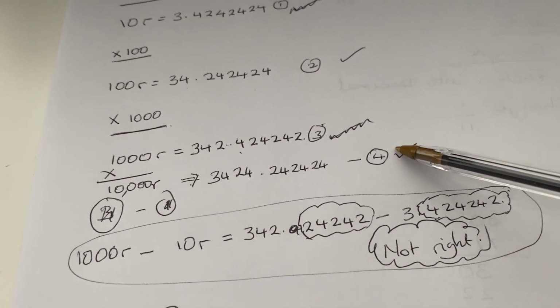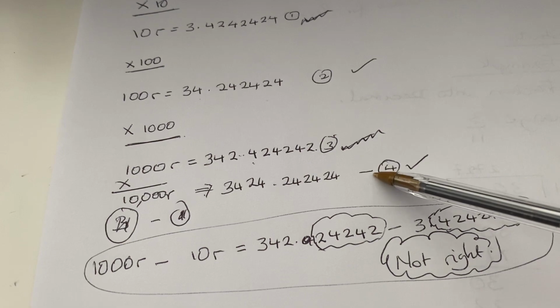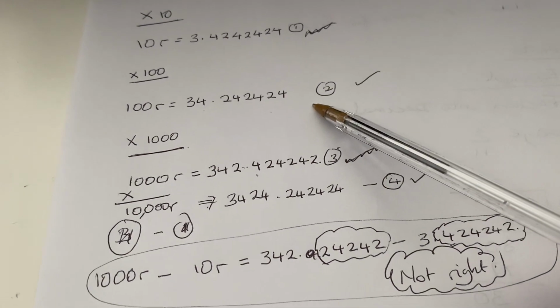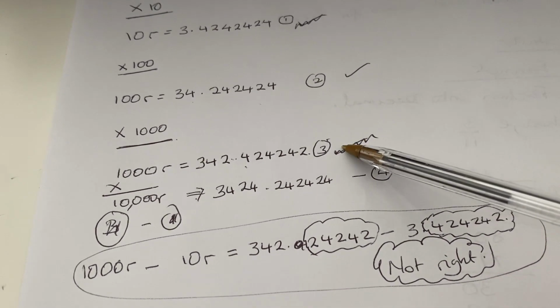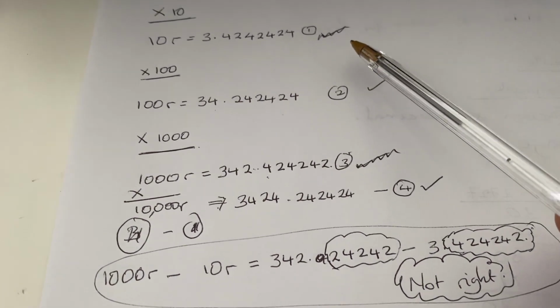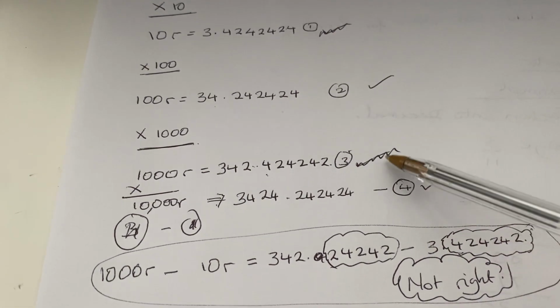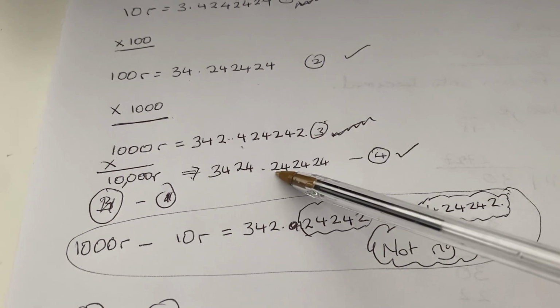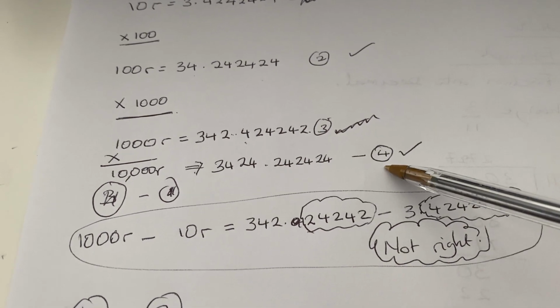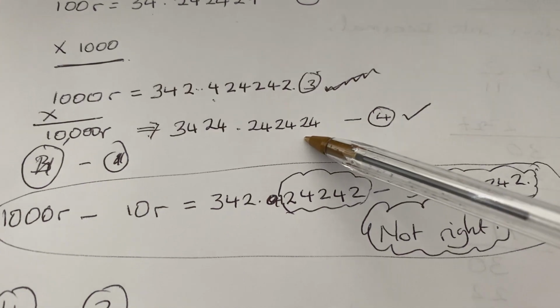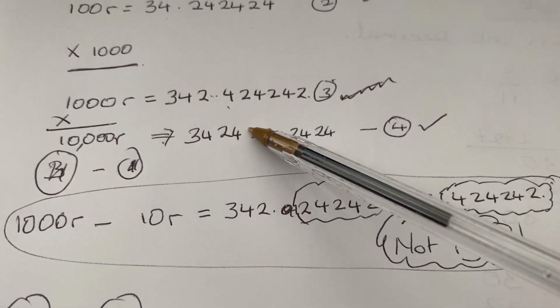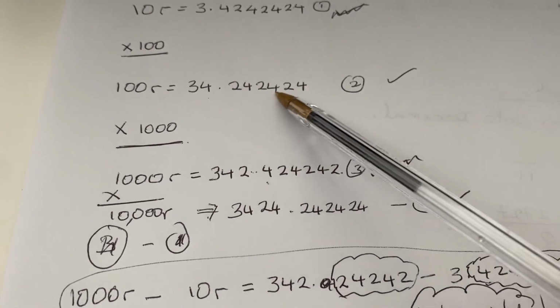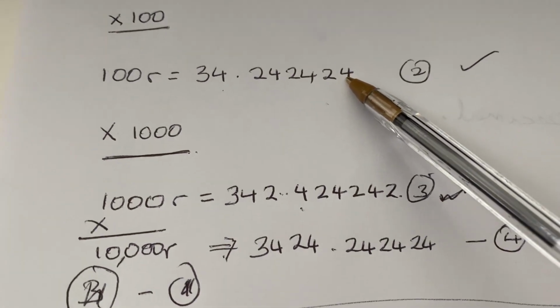So if I subtract equation 4 from equation 2, okay, not equation 3 from equation 1, that's why you can see that. Okay, so if I subtract equation 4, let me zoom in a bit, from equation 2, this one,